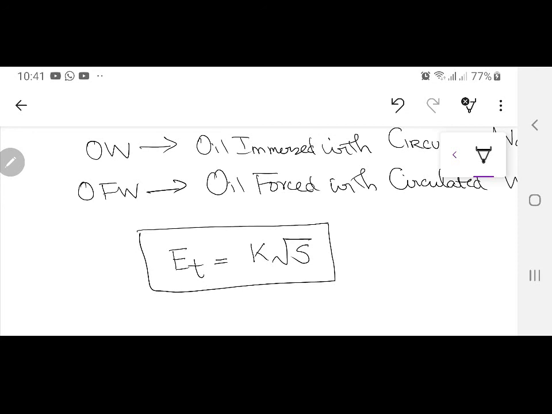S आपके KVA रेटिंग है आपके ट्रांसफार्मर के, सिंगल फेज, 3 फेज जो भी है, and Et is the amount of voltage per turn. ठीक है, ये हमारी डिजाइन अभी हमने प्रूव करनी है. ये अभी हम प्रूव करेंगे नेक्स्ट टाइम. That is based on some factor, वो हम देखेंगे. फिर उसके बाद the calculation starts, and the next lecture also I will give you the first assignment that is based on step 4 and step 4. ठीक है जी. So